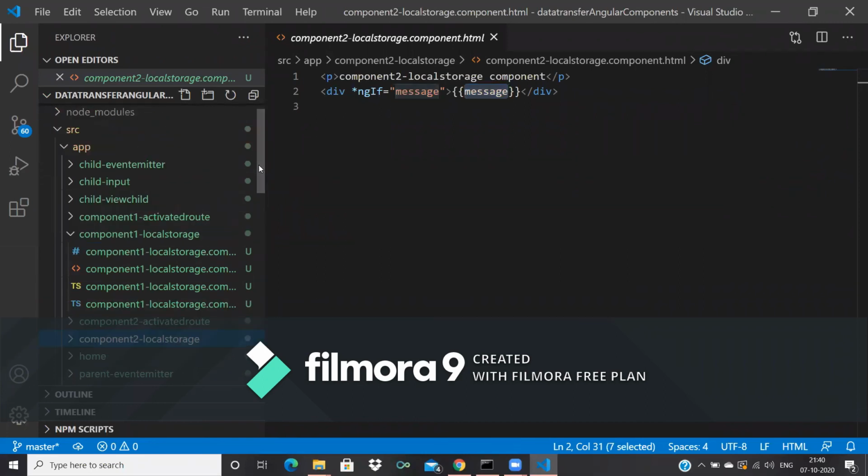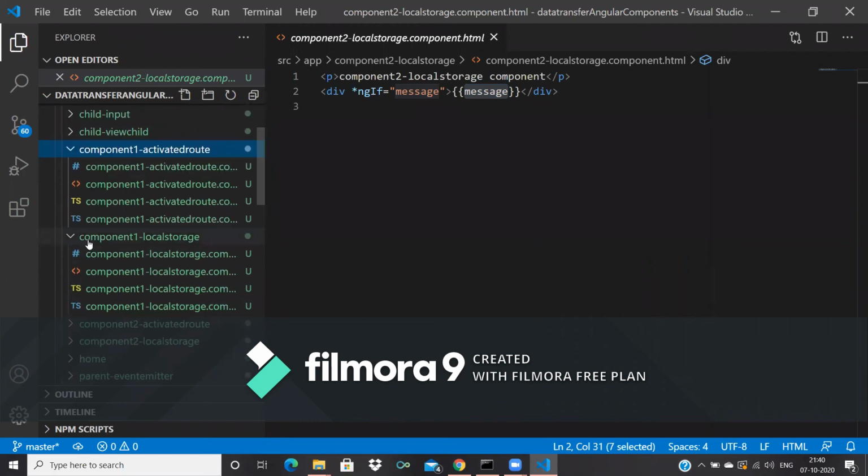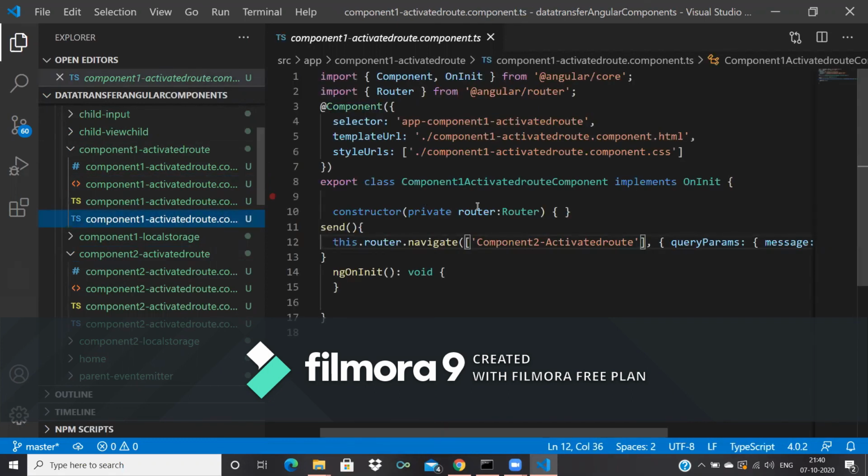Come here, component one, ActivatedRoute, and component two, ActivatedRoute. I created just two components here. In component one, I just kept a click function send, and we know that with the router we can navigate like this: this.router.navigate.